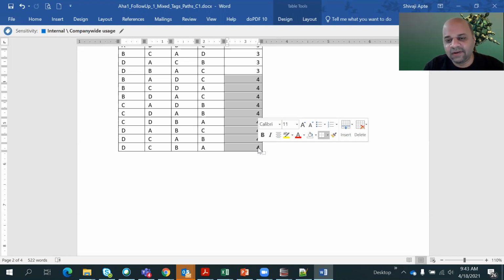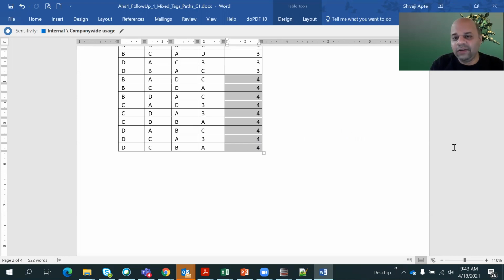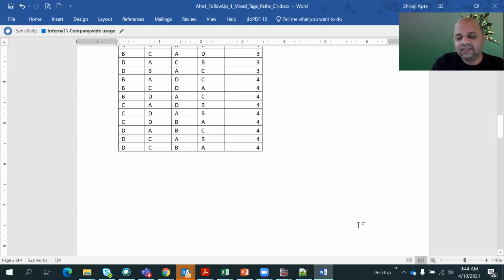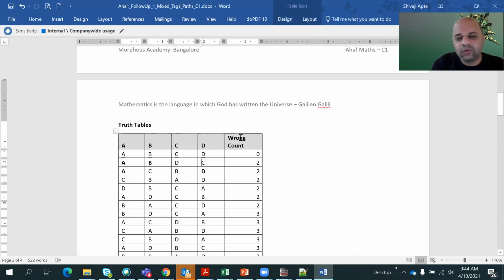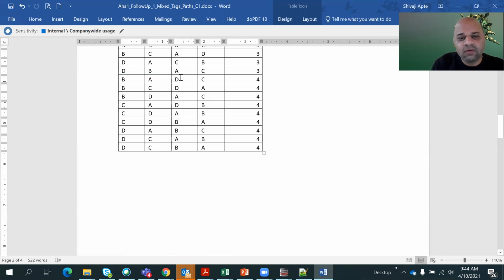There are 9 ways. Third scenario we are going to discuss. But everyone got how to do this? You just put out all the possibilities and then you count, whatever the question is. There are so many wrong counts, but you are interested only in how many are 4 of them wrong. So I'm going to ignore everything where 0 wrong, 2 wrong, 3 wrong, and only count the ones where 4 of them are wrong.